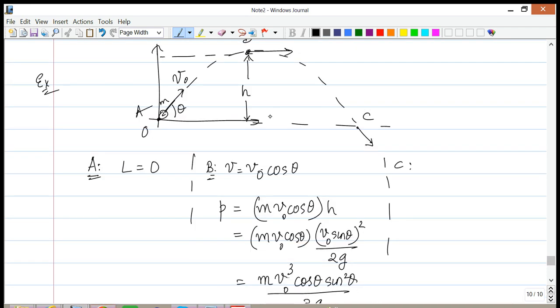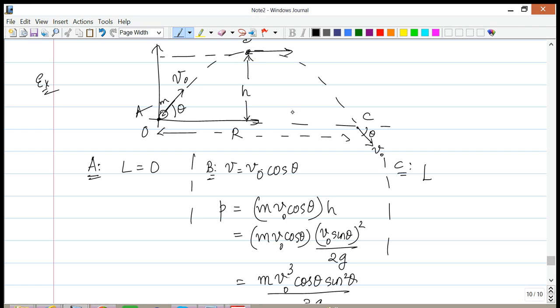Okay, now we can repeat the same thing for C, and in order to find the angular momentum at point C, what you need to do is figure out the range. How far did it travel? So once again, pause, calculate this R, and then once you know the R, you know the angle. The angle is theta, the same angle that it makes in the beginning, and since it comes back to the same height, we also know what the speed is. I hope that you guessed correctly that the speed is simply going to be equal to whatever speed it had in the beginning, which will be v0.